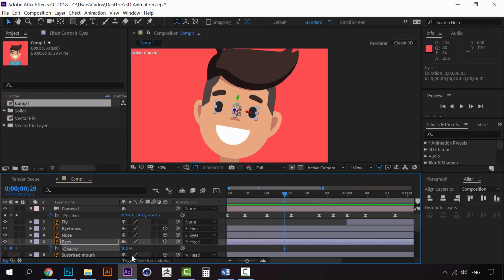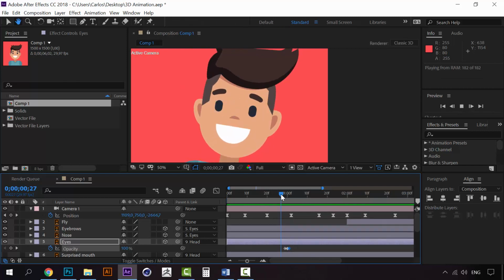Now this keyframe is on 100%. Now move one keyframe and change this to 0, and again move one keyframe and move this to 100. So we will have this